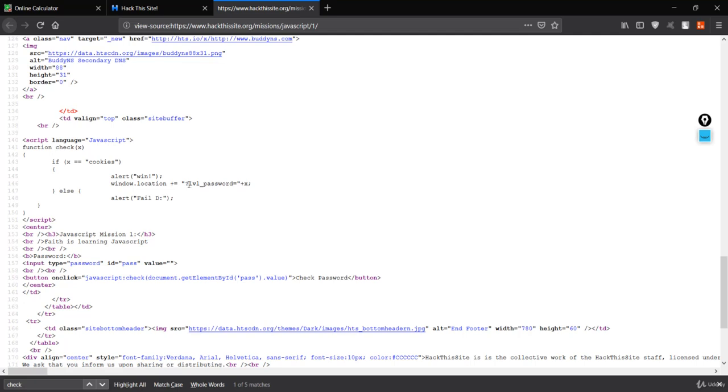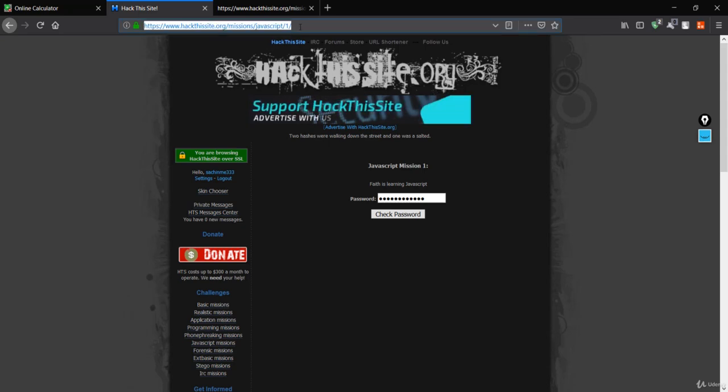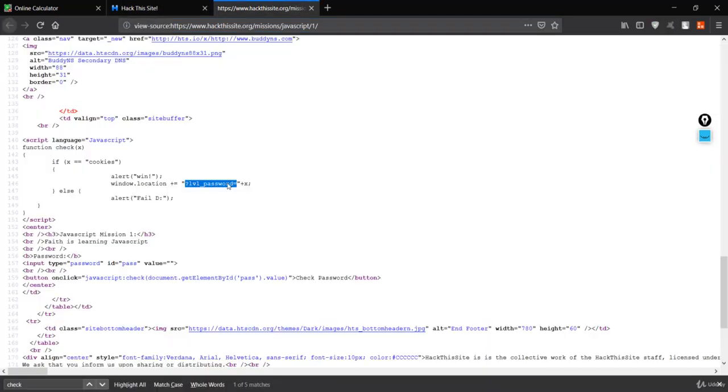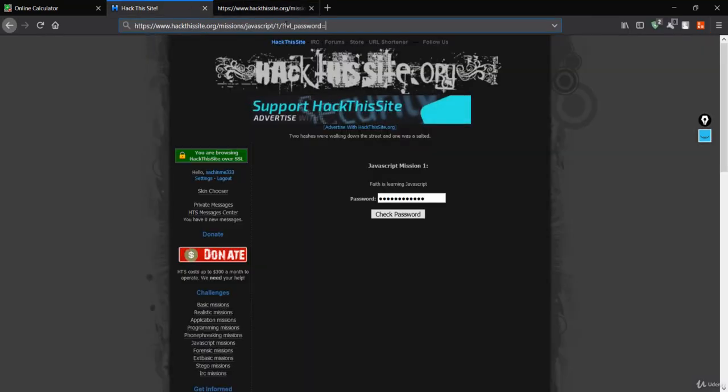So it is saying you just pass in this label password. It is the same as saying you will just pass here, let me paste this first, and here you will pass cookies because cookies is our password. So this window.location is responsible for creating the URL. We just pass label password here, and that password field is basically the parameter. Just remember, anything after this question mark is the parameter. So here we have the parameter.